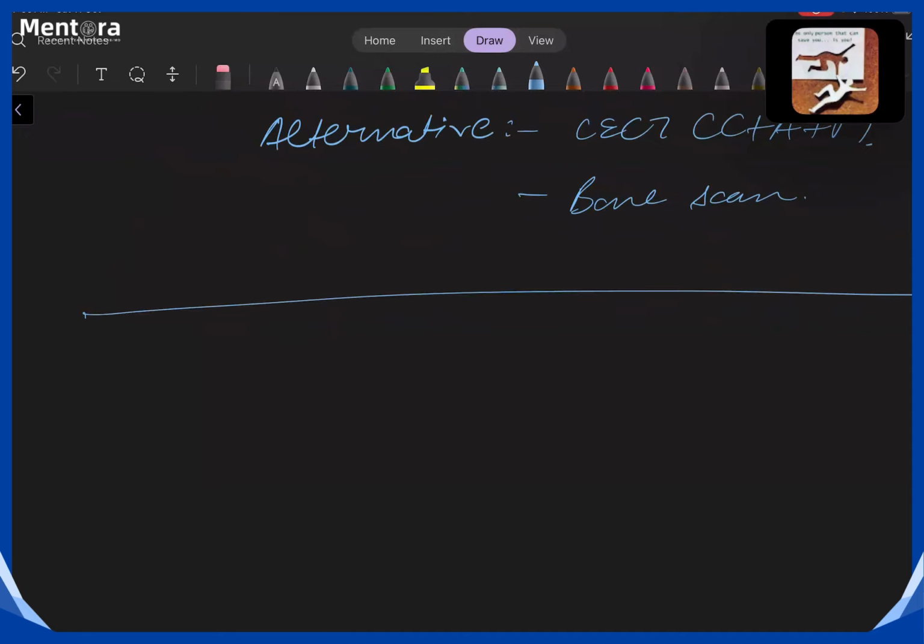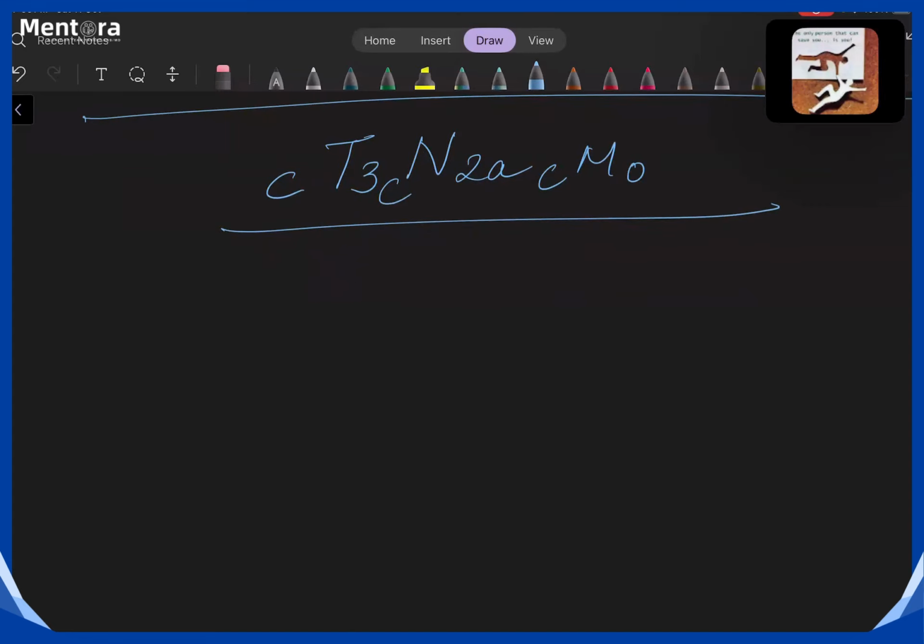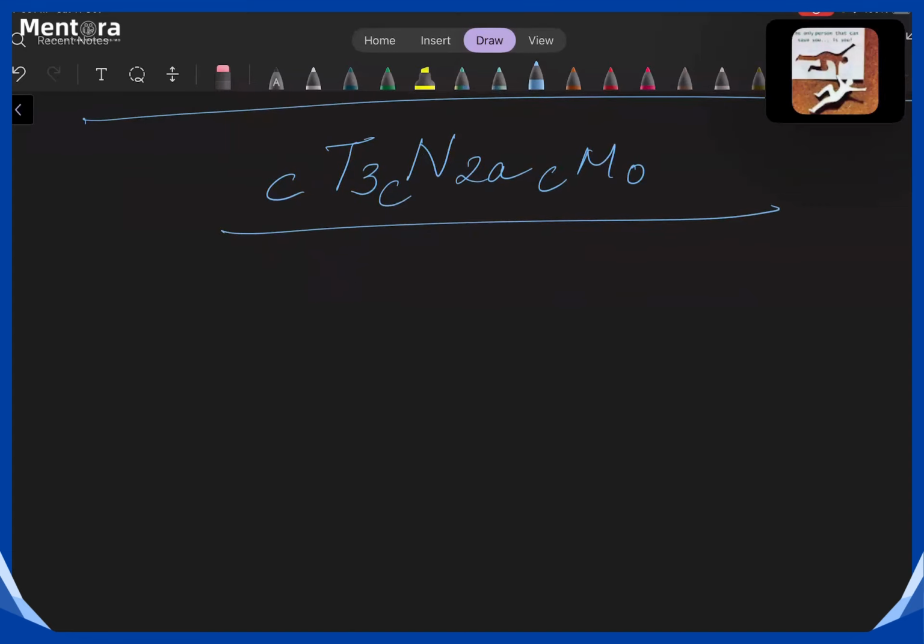Now finally, we are going to have the clinical stage, that would be T3 N2A. Remember to write C over here. C T3, C N2A, and C M0. Okay. So what would be the stage of the patient? So the staging of the patient, I have already mentioned, also depends on the grade and the tumor subtype.